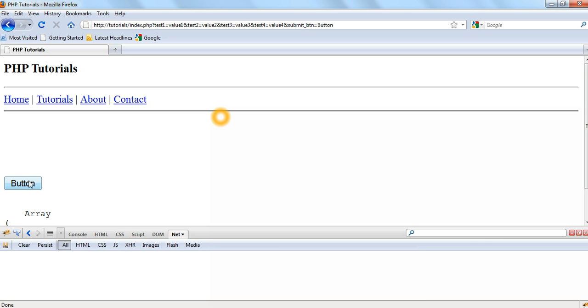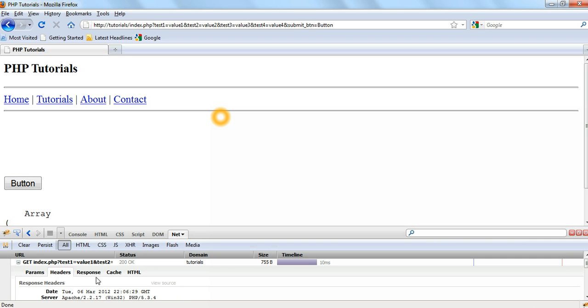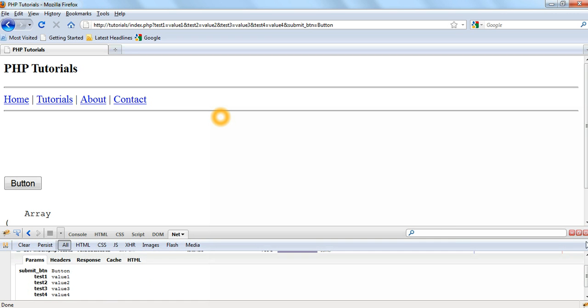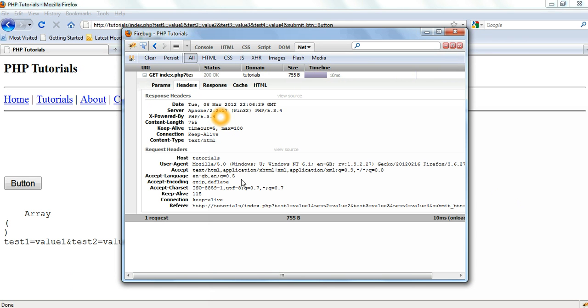Let's just run this again, okay, and as you can see here we can actually read the header itself and we can read the parameters of what got sent. So let's make this bigger, shall we? Okay, you can actually read the parameters of what got sent through the GETs here, and if we come to the header itself we can actually see somewhere,